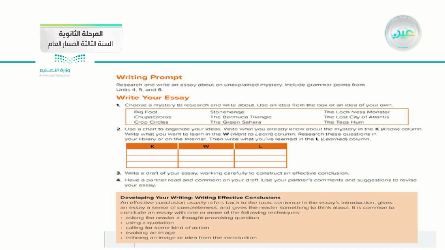Okay, number 1, Bigfoot, Stonehenge, the Loch Ness Monster, the Chupacabra, the Bermuda Triangle, the lost city of Atlantis, crop circles, the Green Sahara, and the Taos Hum. These are some titles or big ideas for your research on these mystery ideas. Okay, after we choose our ideas or our research title, and we make a whole research, we collect some information about it,